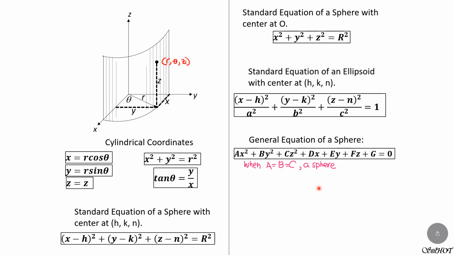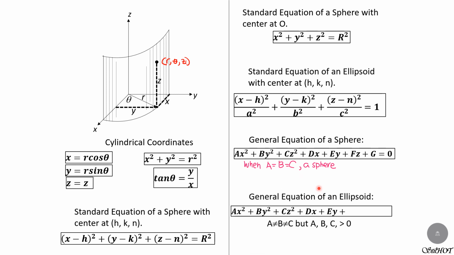Of course, you know the volume of a sphere is 4/3 pi r cubed, and the surface area is 4 pi r squared. For an ellipsoid, the general equation would be the same, ax squared and so on, but a is not necessarily equal to b, not necessarily equal to c, but two of them may be equal, just as I explained for oblate and prolate spheroids earlier. So a, b, c should be positive, or greater than 0.